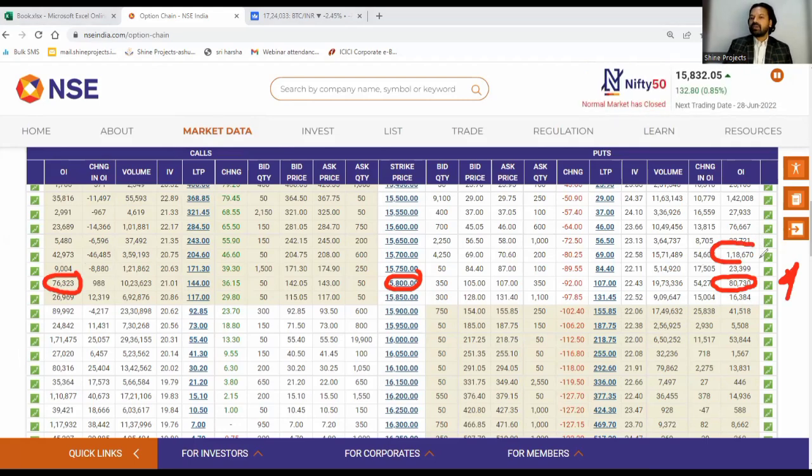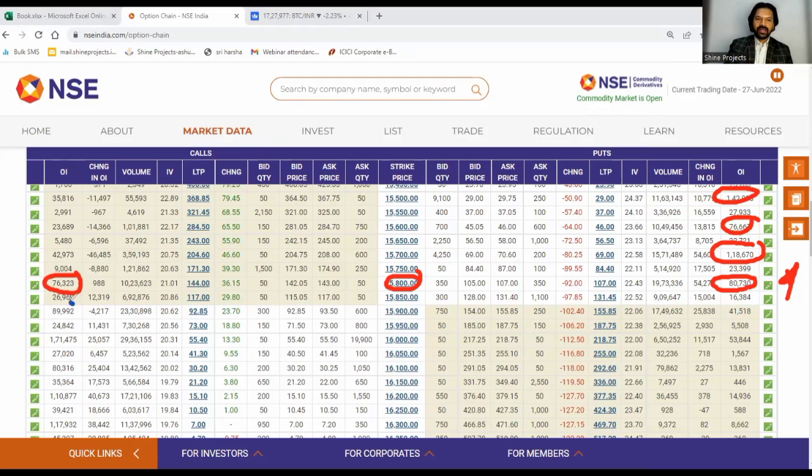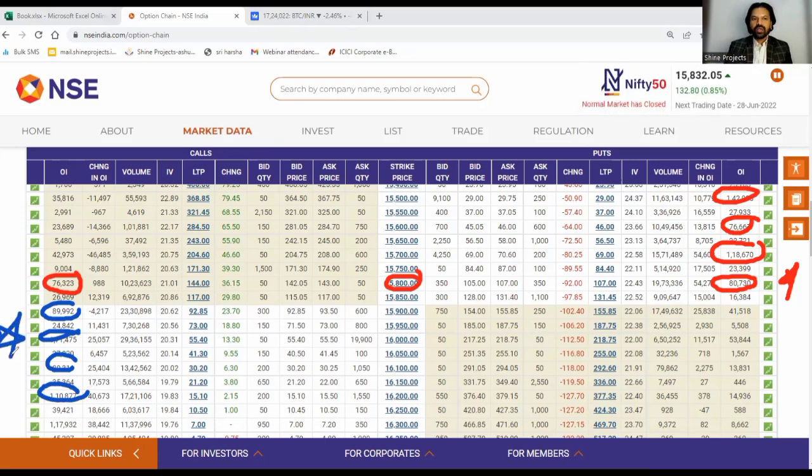If I go slightly in the money, 1,18,000 and 1,42,000 and 76,000 kind of contracts I'm able to see. In the same way, I will analyze the call writing data. 90,000, 1,70,000, 80,000, 1,10,000. All in all, outright there is a winning from the call writer side, there is no doubt, but change